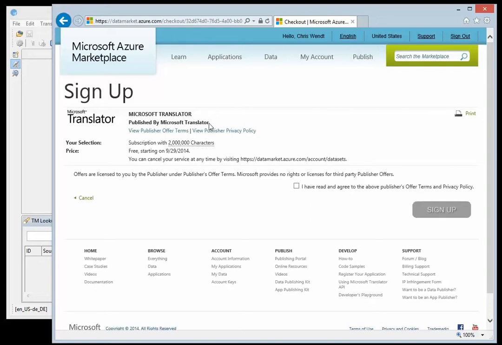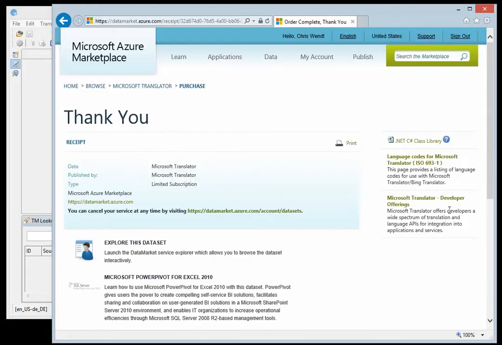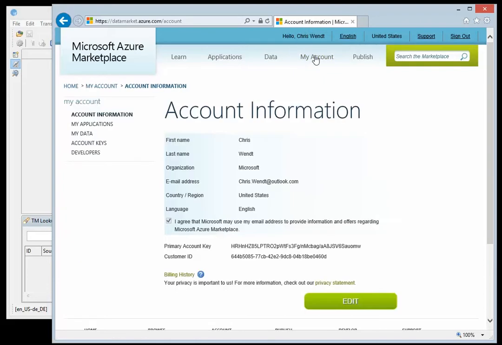Here you can review the terms of the offer. You can agree to it and click Sign Up. At this point, you're subscribed to Microsoft Translator. You still need to create a client ID and client secret in order to connect it to your translation memory application. Visit your account,